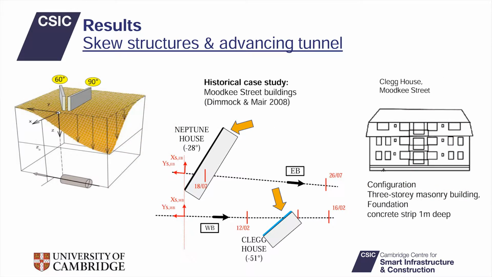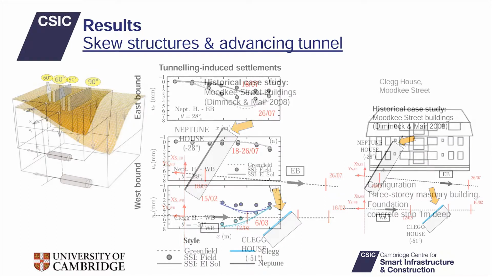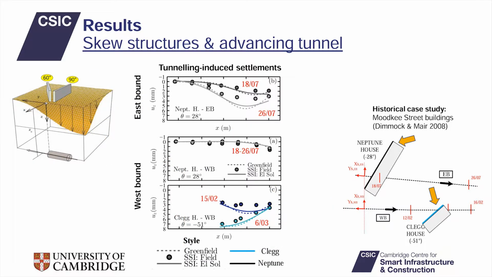We started looking into some data from a historical case study, the Mansion House buildings, which were 3-story brick structures affected by 2 tunnel advancements, and they had a different angle of inclination with respect to the tunnel structure. We tried to validate our model by looking at the measured settlements of those structures, reported as markers in the plot, and comparing them with our predictions as solid lines for the 2 different facades, which have different colors,